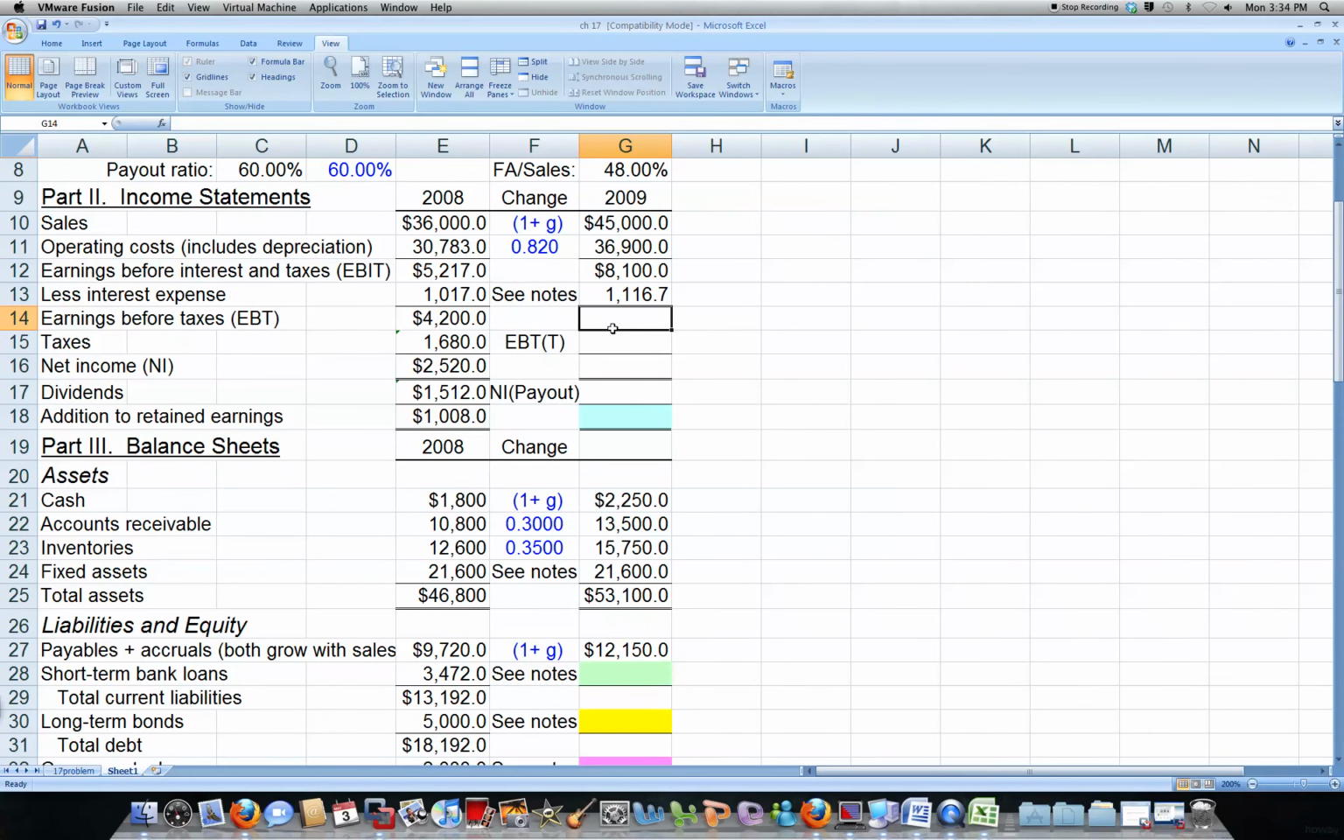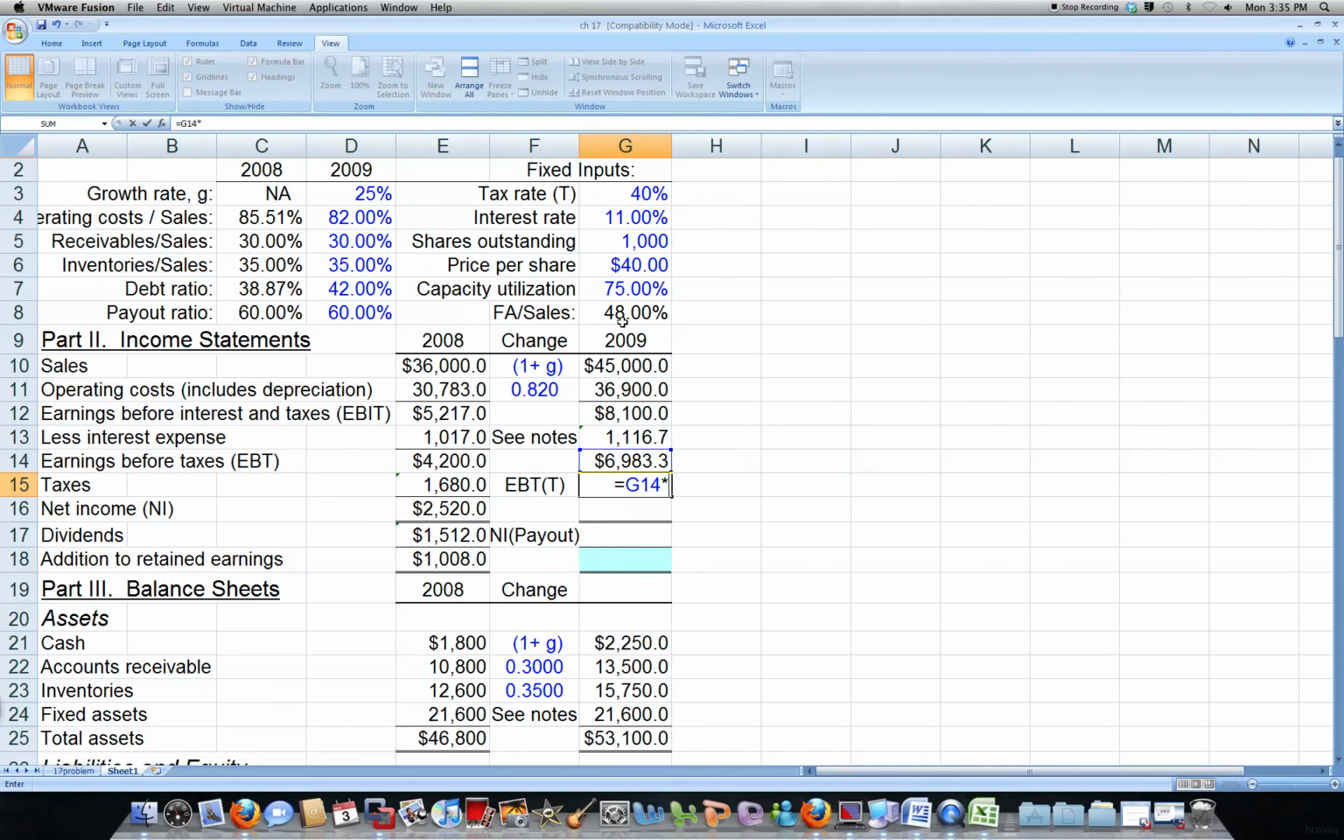Right here. Now to find our earnings before taxes, we just say equals our EBIT minus our interest, enter. Our taxes would be, we just find our taxes, we say our earnings before taxes times our tax rate, which is 40%. Enter. So now we want to find our net income, our earnings minus our taxes